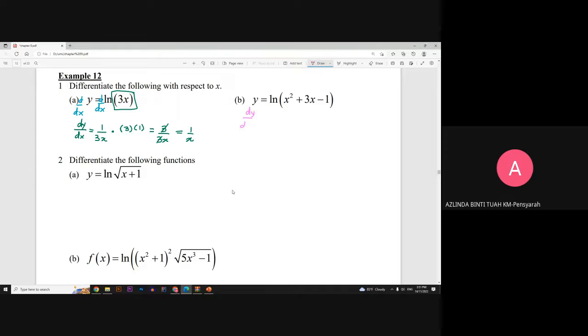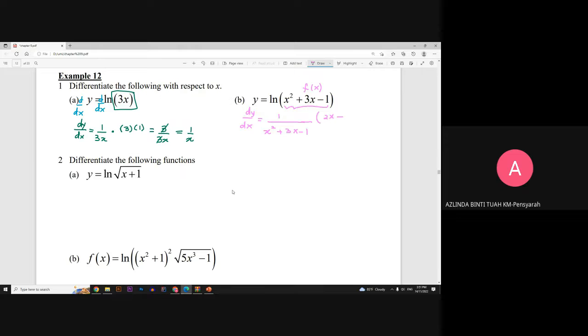dy per dx, next example. Focus on the function 1 over x squared plus 3x minus 1. Then differentiate the bottom part, or differentiate its f(x). Okay, differentiate x squared is 2x